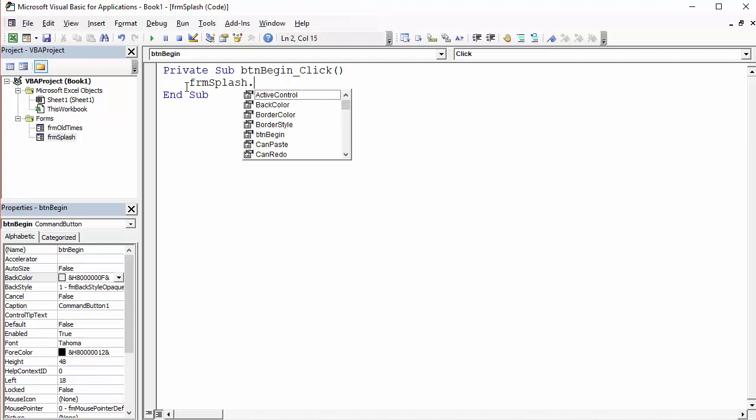frm splash dot. It knows what frm splash is because it already exists here in our Project Explorer, one of the objects in our project. And then I can start typing hide and it does code complete. The form that I haven't yet created is form questions